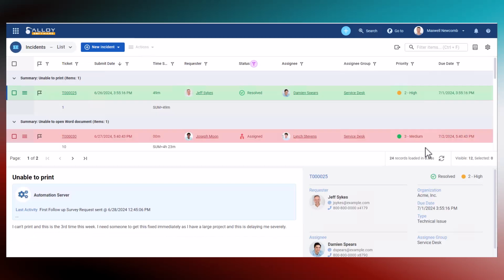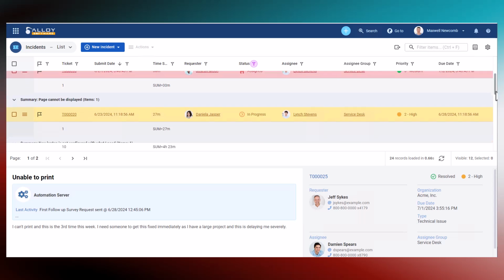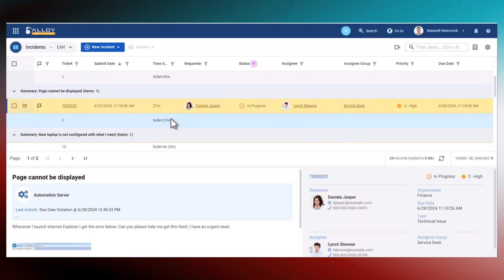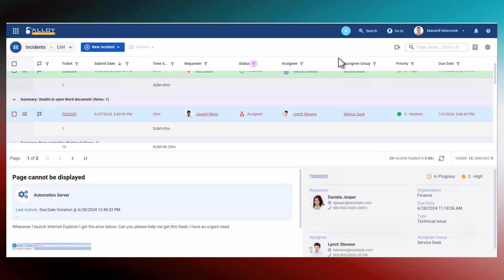In this video, we've covered how to make the most of Alloy Navigator's data grids. You've learned how to use out-of-the-box views for quick insights, customize views to suit your specific needs, and share these views with your team. With these powerful tools at your fingertips, managing your data will be incomparably easier and more efficient.